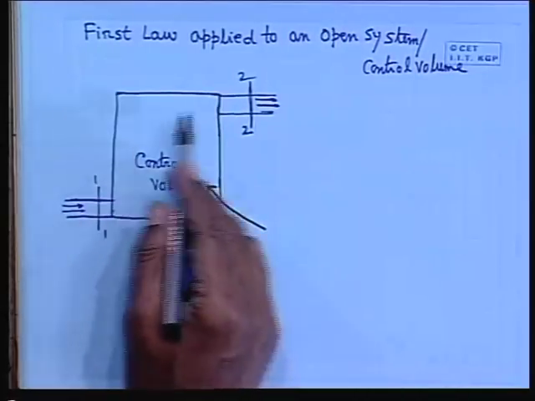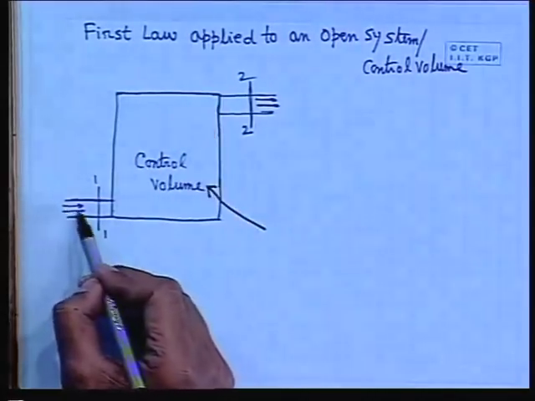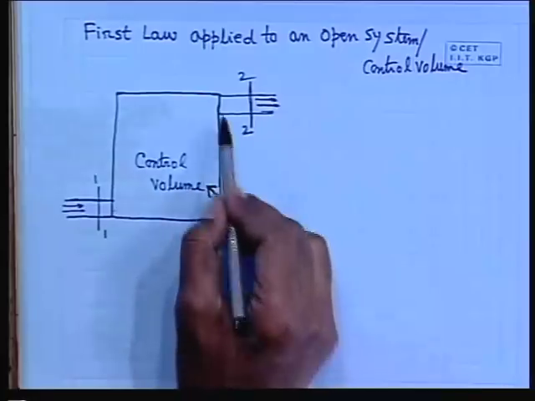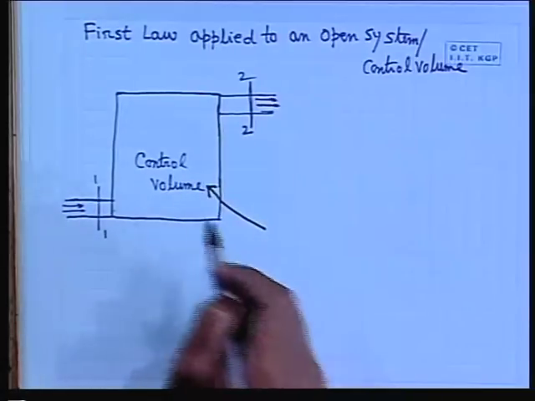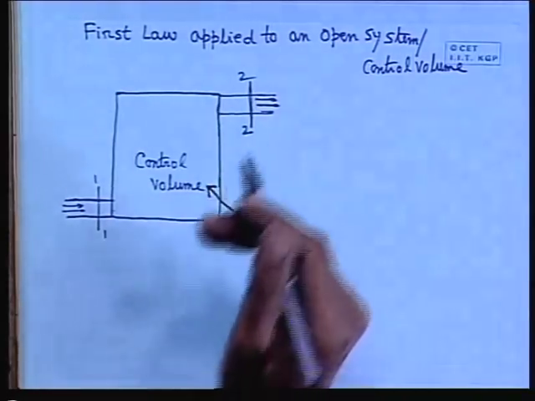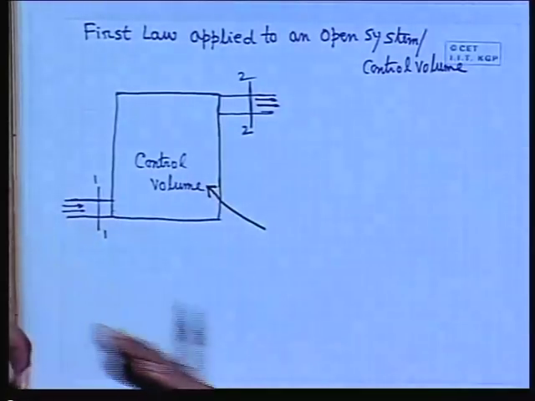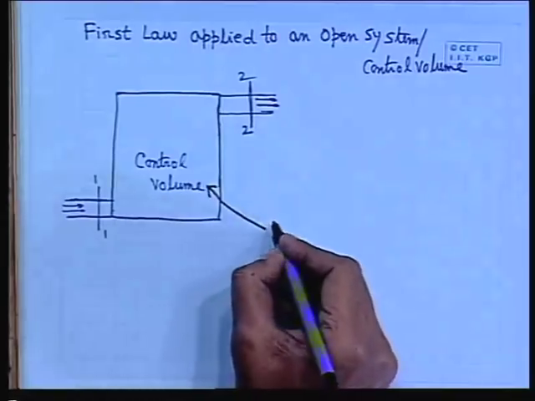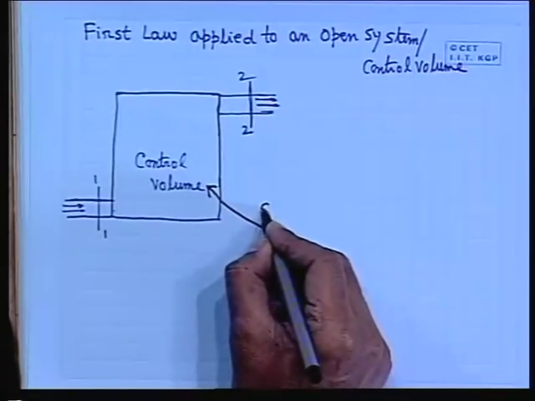Now since control volume operates on the principle that there is always a continuous inflow and a continuous outflow, this is the definition of control volume. We always prescribe the energy interaction quantities with respect to time, on a time basis, because it is a continuous flow process. Understand, the continuous flow comes in and flow goes out, that is the control volume concept. It may be steady, it may be unsteady, but it is a continuous flow process. So therefore, because of this continuous process with time, things are expressed in terms of